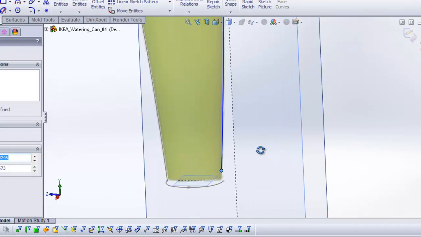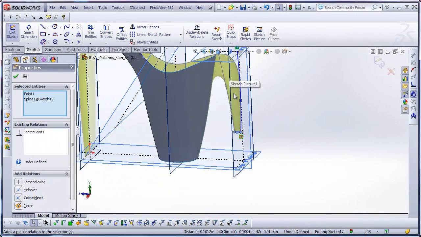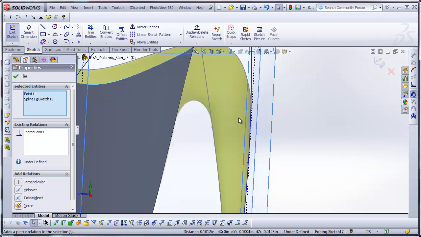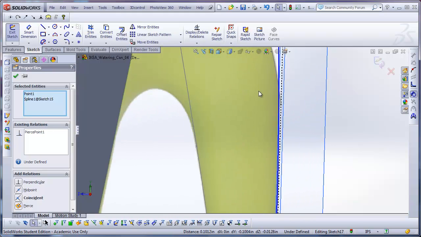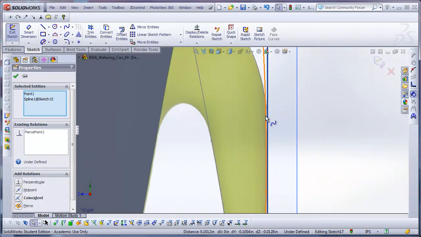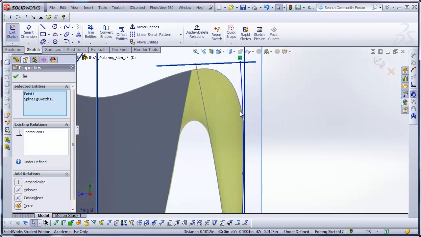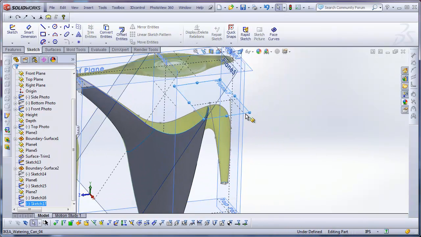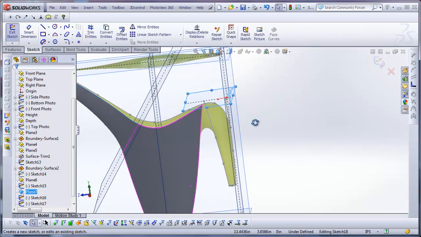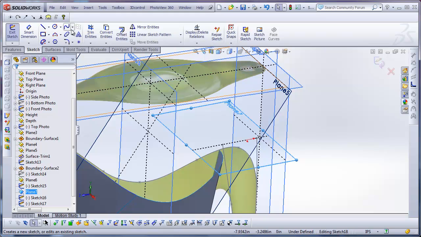Now I'm going to make sure to click on the endpoint, hold down Control, select the curve, pierce those. Okay, good. Got to make sure that this curve is not exceeding the depth plane and it's matching the profile, which it is. So I'll exit out of that, and then I'll sketch on this plane 7 that I created, and then I'll create